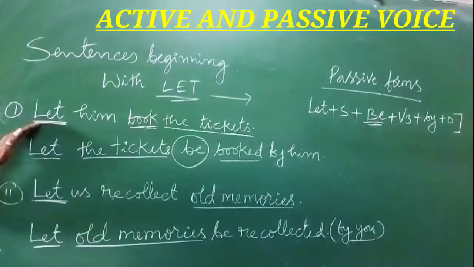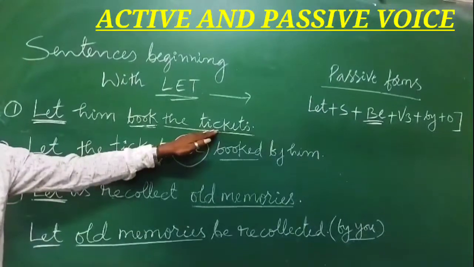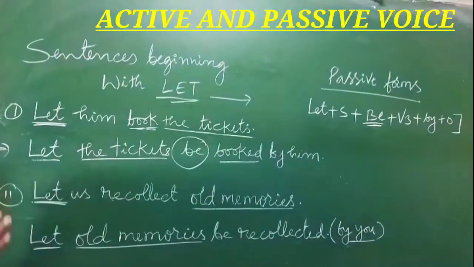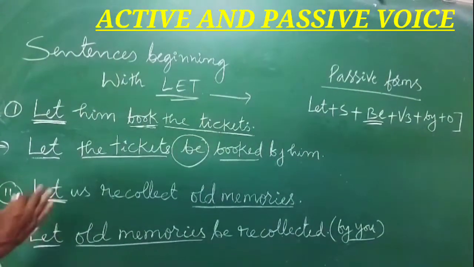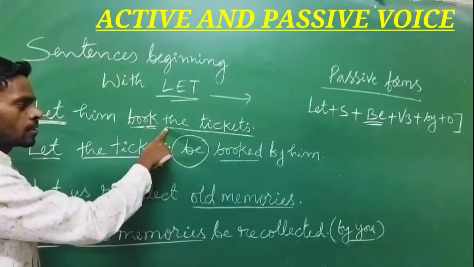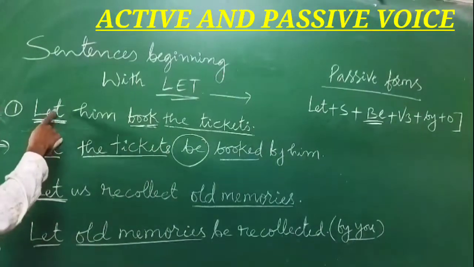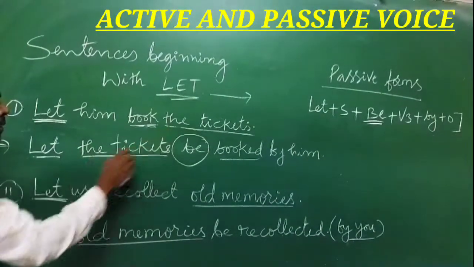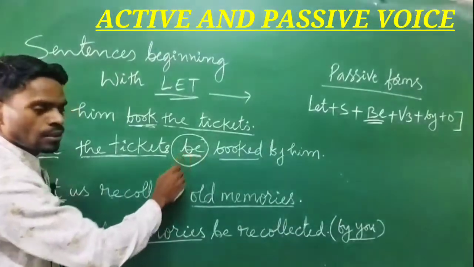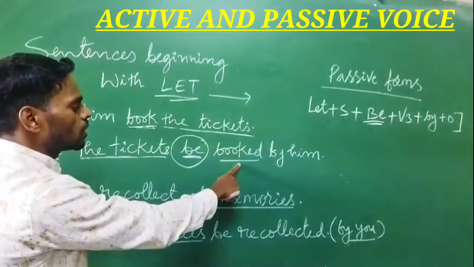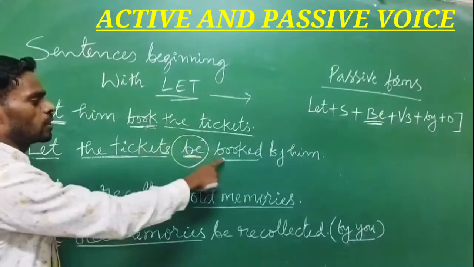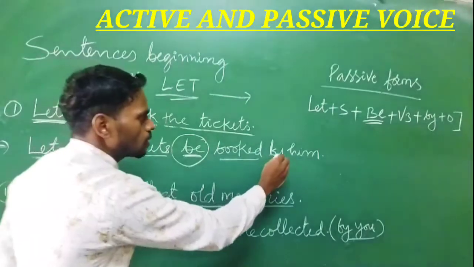Here we have, let him book the tickets. Now in this sentence you have to find out the object first, because the object becomes the subject when we change from active to passive voice. Here the tickets is the object in this sentence. Now we have to use the same word here, let only, then bring this object in the place of the subject. Then we write the tickets. Then we add be, then V3. Book is V1, the first root of the verb, and V3 will be booked,